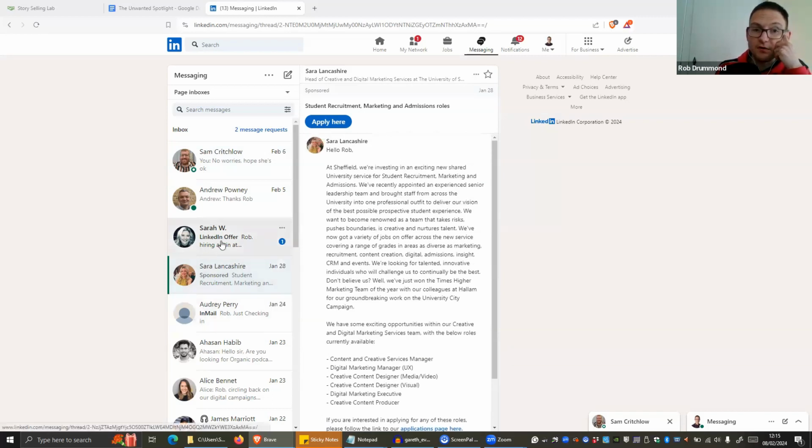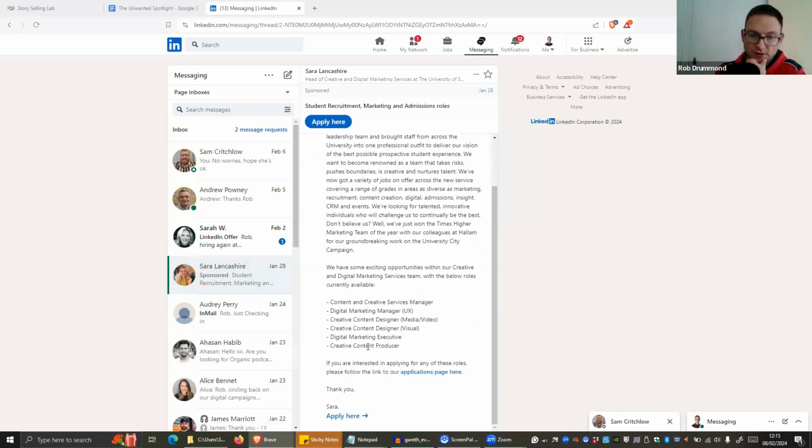But this is an example of where I've seen the best results recently. It's kind of weird that before they introduced the conversation ads, the cost per lead for the messaging ads was still quite high. It was still hundreds of pounds per lead. And then they switched it to conversation ads. I had a client where they were paying about £150 per lead, which was okay because they're quite a big company and one client is worth big bucks. But then it went down to £20 a lead, just from changing the ad format.